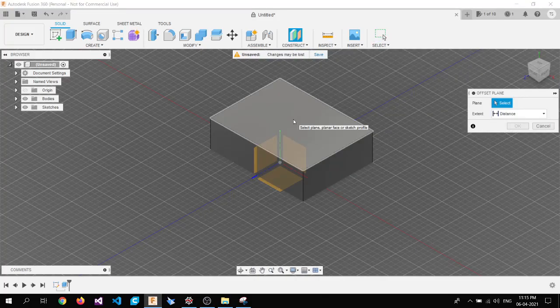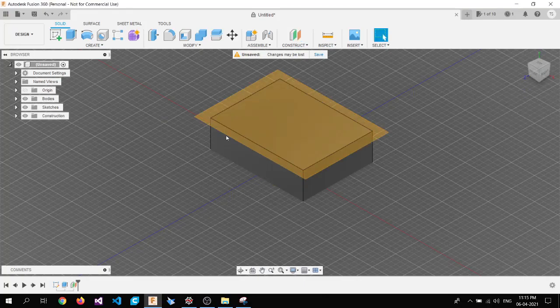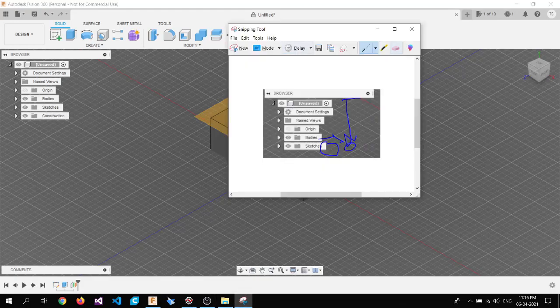So to check that, we are going to create a construction plane here, and we are going to click OK. Now we are not interested in placing the construction plane anywhere in particular, because we are not designing anything. We are just trying to understand how each and every menu is organized and what exactly the priority pattern is here. Now you can see that the construction plane is below the sketches. So if we consider the priority order from top to bottom, the construction plane is below the sketch. So here again, construction planes are being added below the sketch.